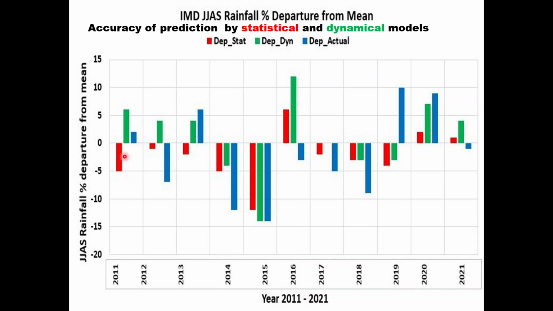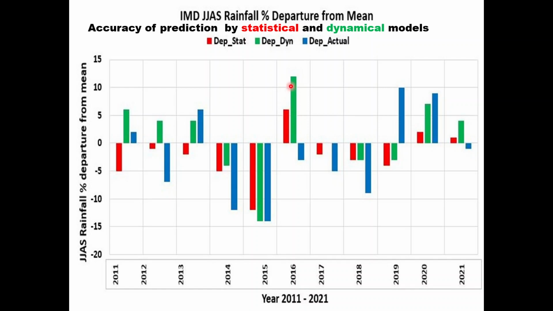starting from 2011, the dynamical model and statistical model made different predictions, and the observation was closer to the dynamical model. You come to 2015, you can see that both statistical and dynamical models predicted a drought, and it came out right. This is observation. But the next year, both the statistical and dynamical models predicted